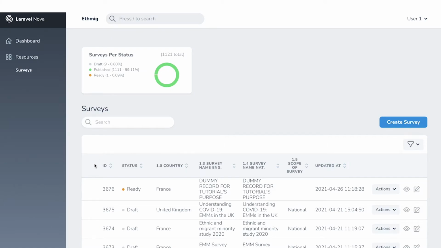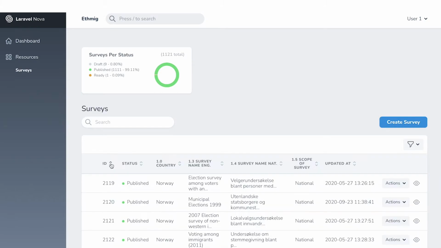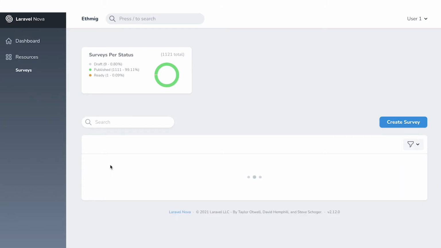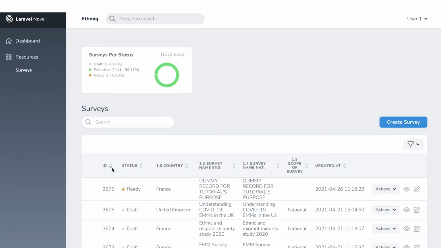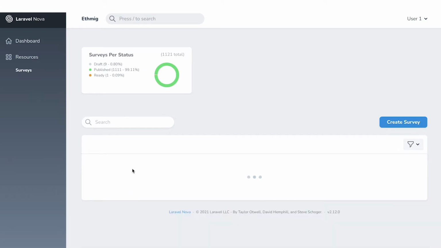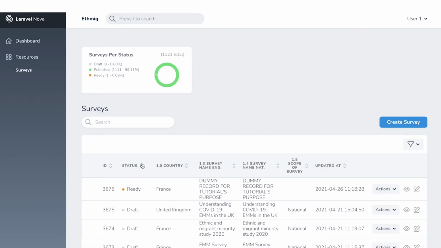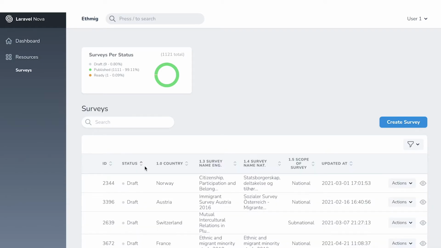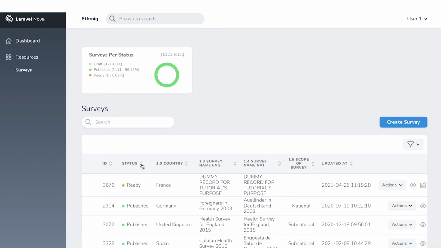To order by the auto-generated unique numerical ID, click on the right side up arrow to order the records from the smallest to largest ID number, and click on the upside down arrow to order the records from largest to smallest ID number. To order by status, either draft, ready, and published, click on the right side up arrow to order the records from draft, published to ready,